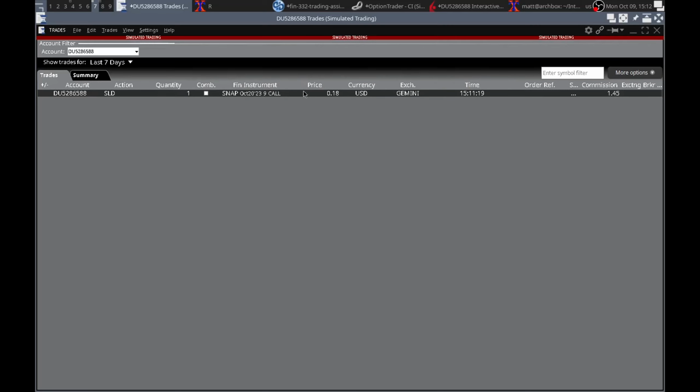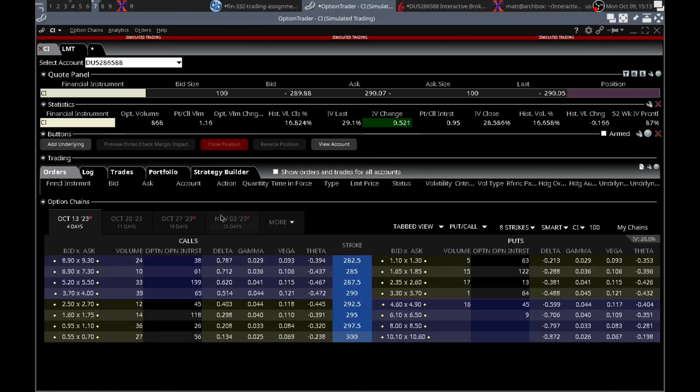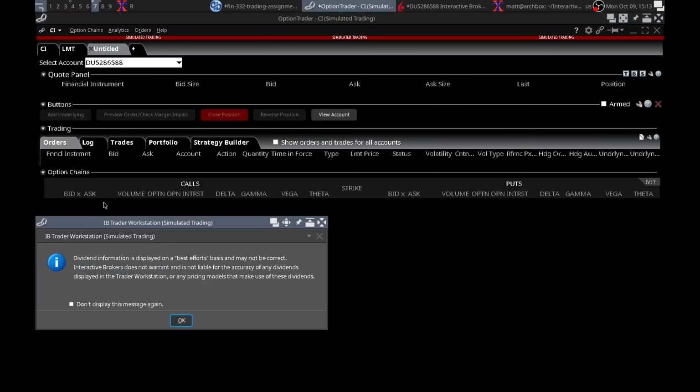We can go in here and see exchange traded on Gemini, see some details of it. So we sold this thing. It was a market order, right? So we sold it for 18 cents, which was nice. Commission $1.45. Good. All right. So that should get you into just simple buying and selling. So now, you can buy call options, buy a put option, and if it's easier, you can always work in something here like